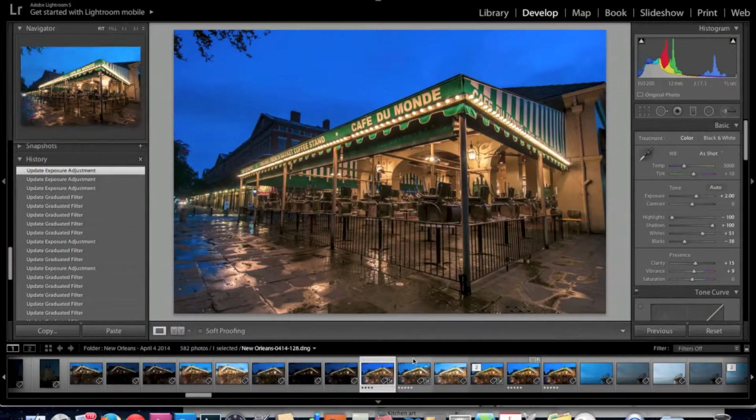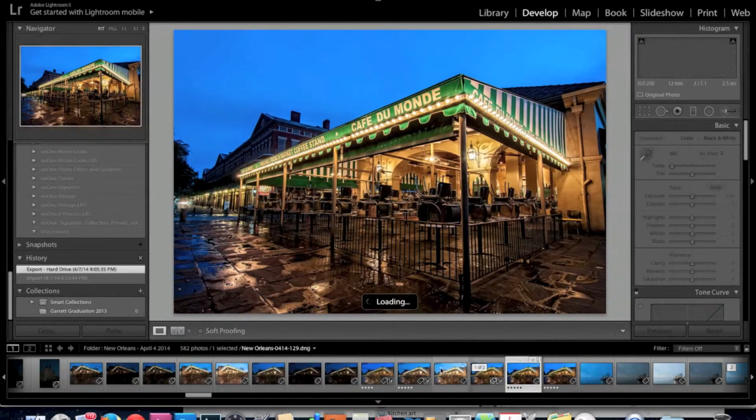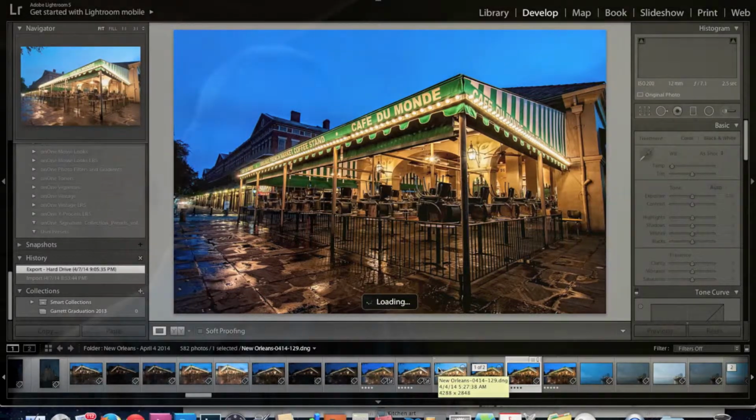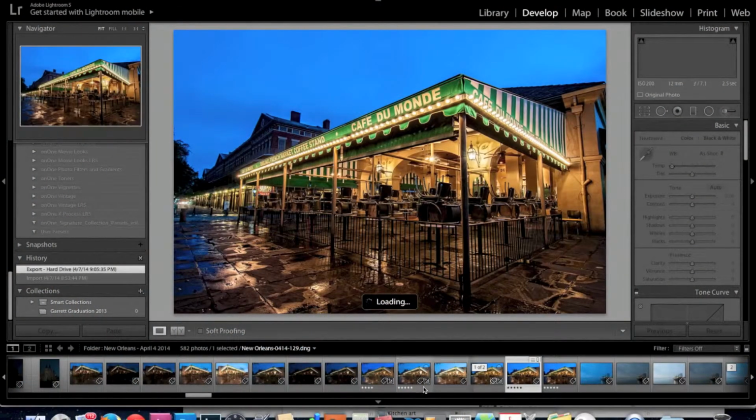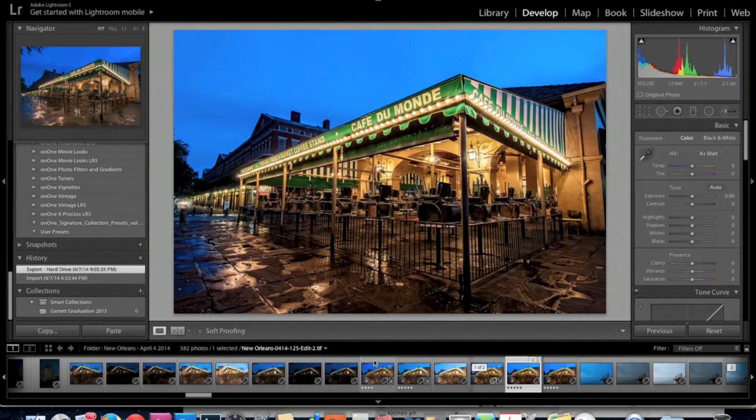I have already marked it so I know which one it is. Let's compare it to the original edit that I did. It may be different, and I'll tell you why in a minute. This is what we've got right now with what we've done today. That is the finished image that I put together after I shot this back in February. Now, it's a pretty dramatic difference. Again, let's go back and forth. One, you'll see